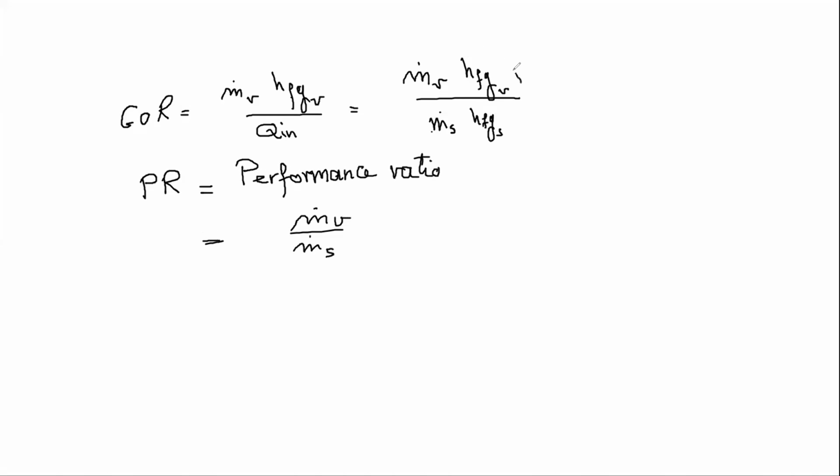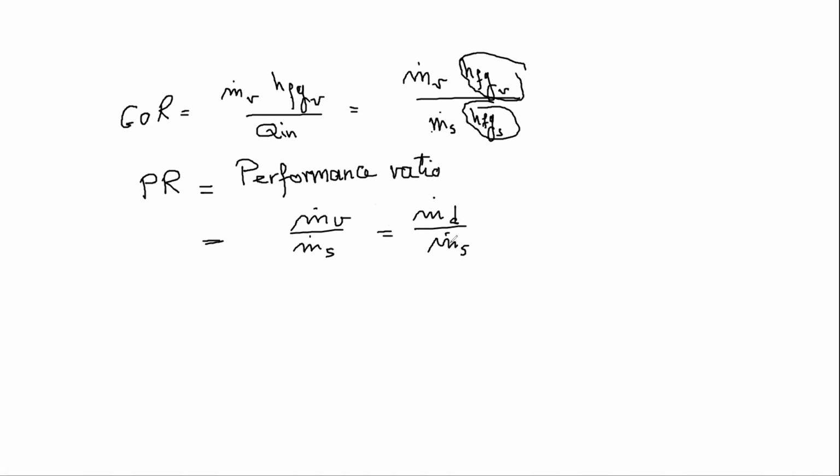This is a constant, and this is another constant. So more or less, the performance ratio is going to change by changing how much vapor is going to condense. So it is basically m dot distillate over m dot steam, and this is our performance ratio. And from now on, we are going to rely on the performance ratio a lot, as long as we are talking about